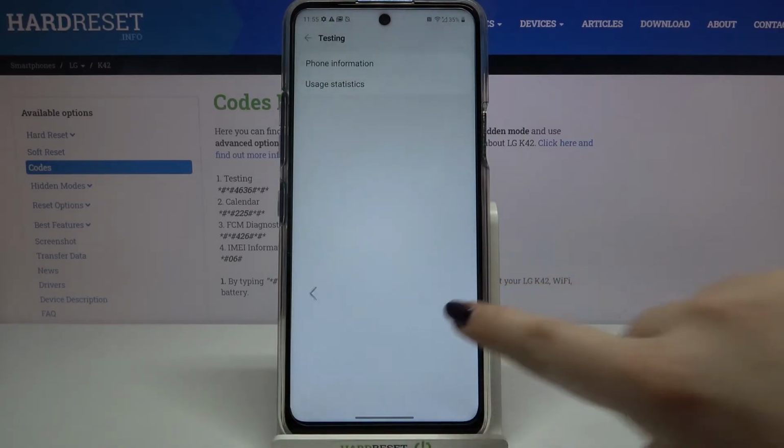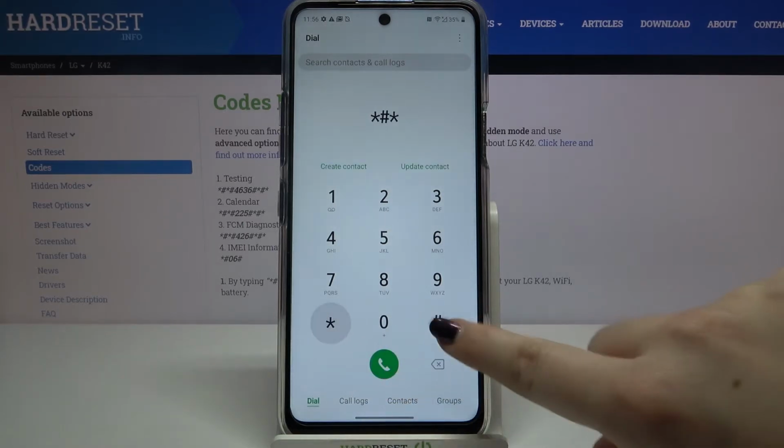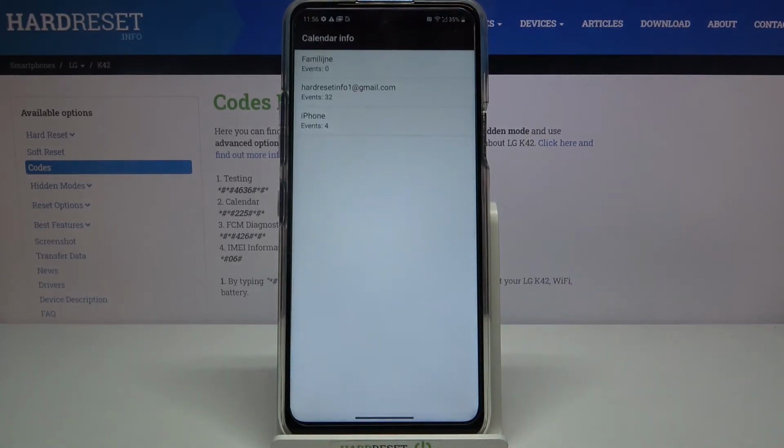So now let me go back to the dialer and let's check another code, which is *#*#225#*#*. And as you can see, we are in a calendar info, so here we've got all the events in one place. We can check, for example, some family events, some holidays in your country. They should appear right here, and also events attached to your mail. So here we've got the best option to use if you'd like to be sure that you won't forget about